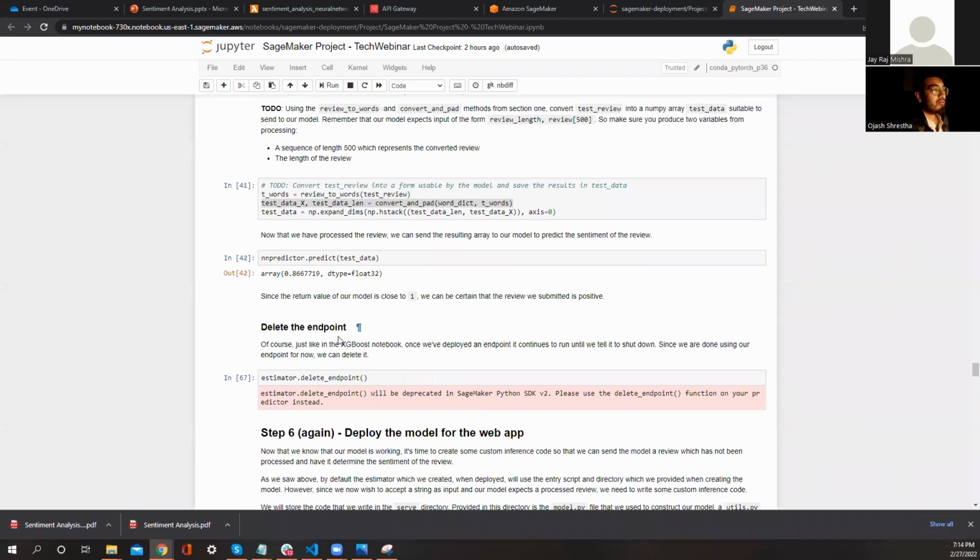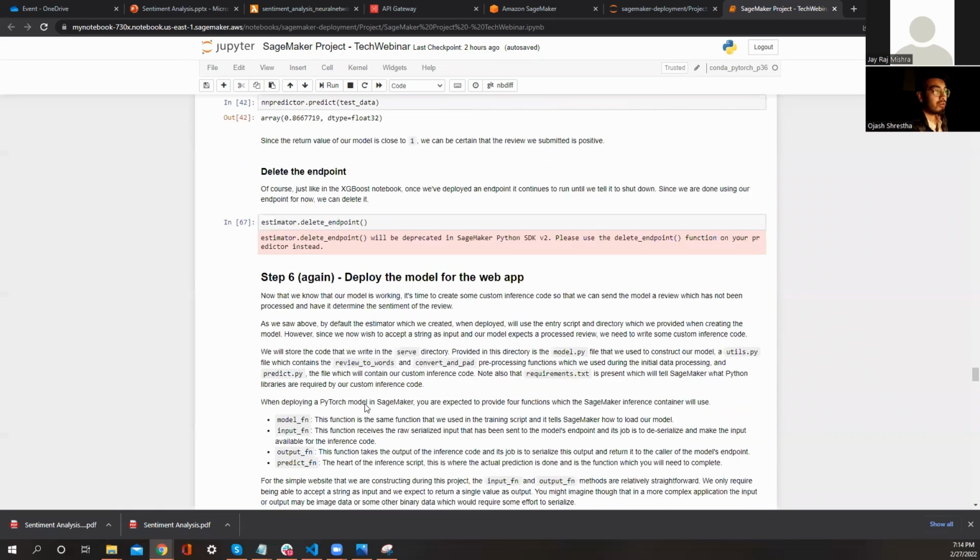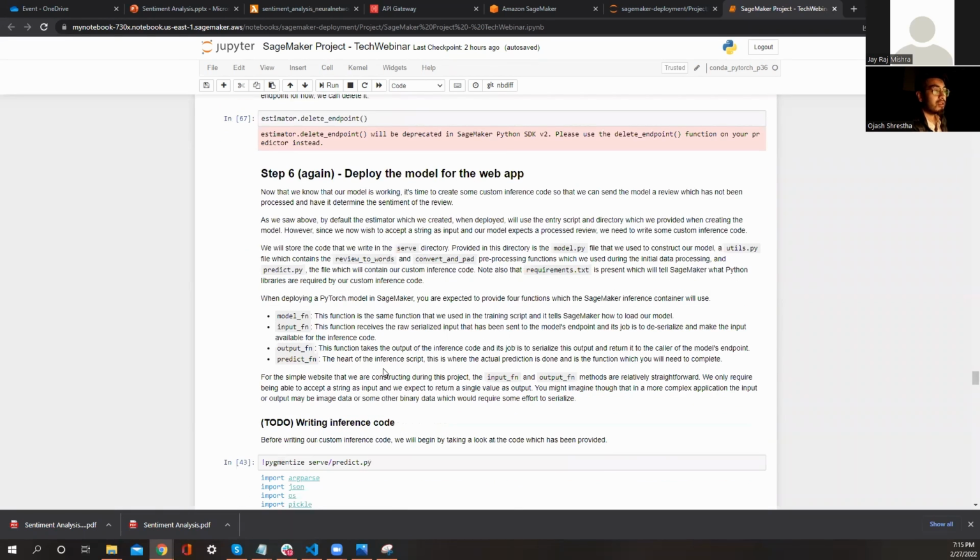And you need to delete the endpoint. So basically, if you're using these services or instances in Amazon SageMaker, you need to make sure that you delete them if you're not using them, right? Because it's going to charge you for the amount of time it's on, not just if you're using it, but also if you have it on. So that's really important, because if you are working for a company, you might want to make sure that you're not costing the company much money, right?